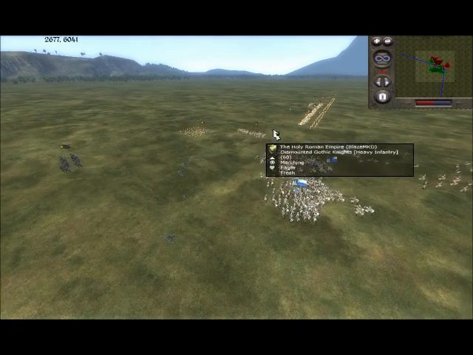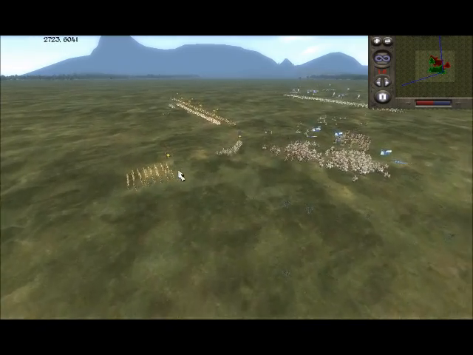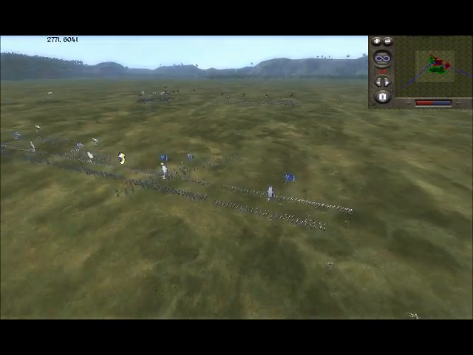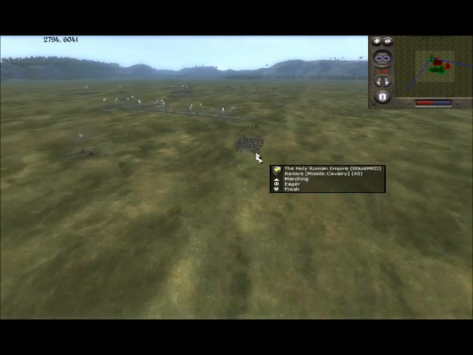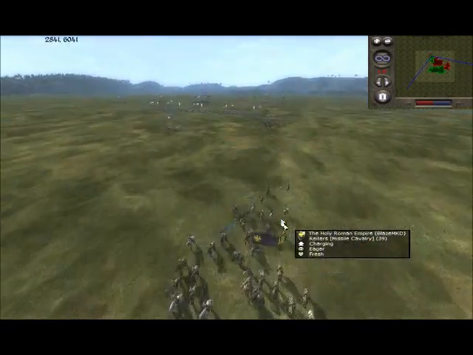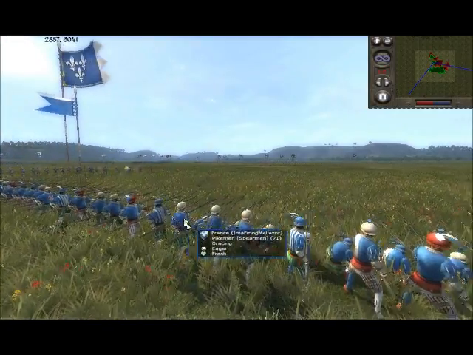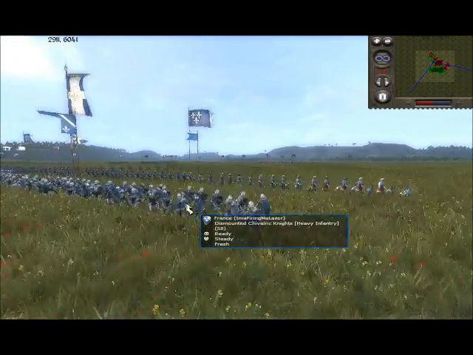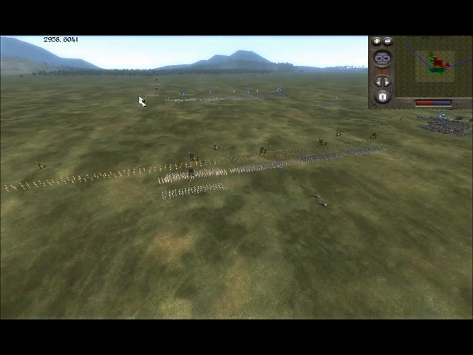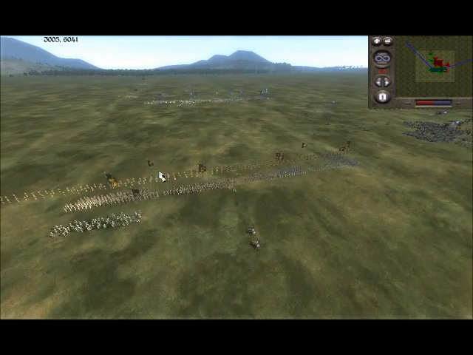I'm also seeing the battle is shifting this way. I'm also going to commit some more units here. The good thing is, he left his right totally unprotected, so my 2 units of Reiters are having a field excursion, a field trip here. Well, the idea is to take away as much of his concentration as possible from that wing,